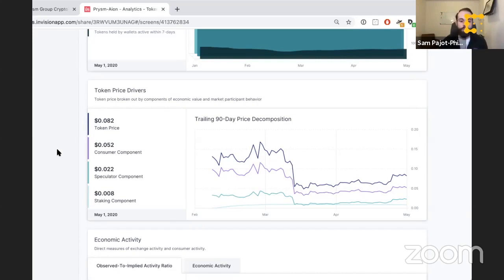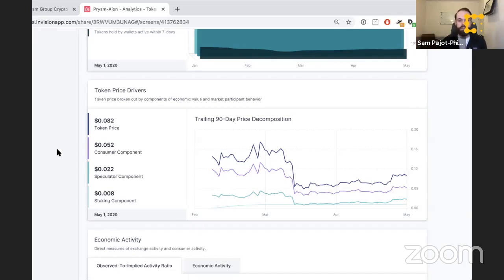When we look at the speculative component, what's helpful is to see that if there was an event, a new component that drove consumer activity and we saw a significant uptake, what happened to the speculative component in response? What is the relationship between consumer value drivers and speculative value drivers? Because I think we can start to understand how our communication as an organization is performing. If you have lagging speculative components, i.e. people are not understanding the new consumer activity that is happening,